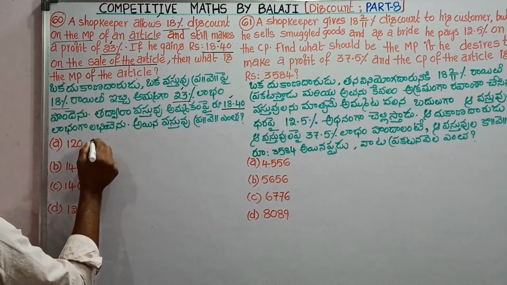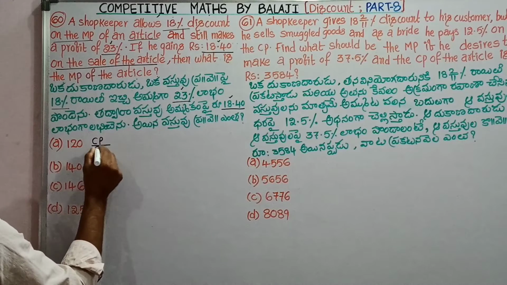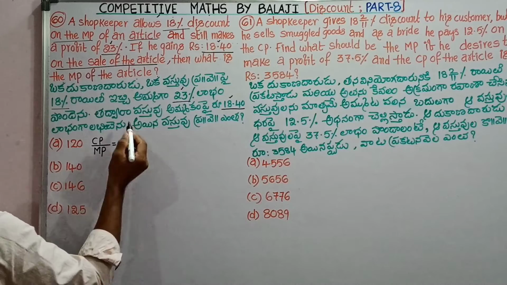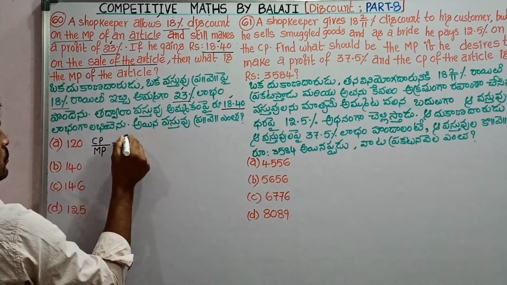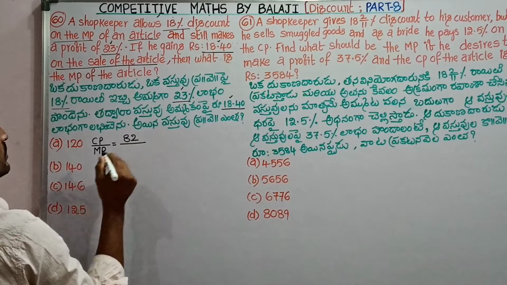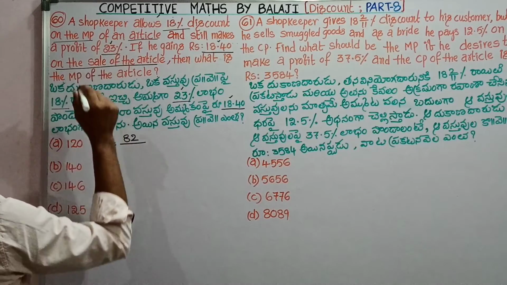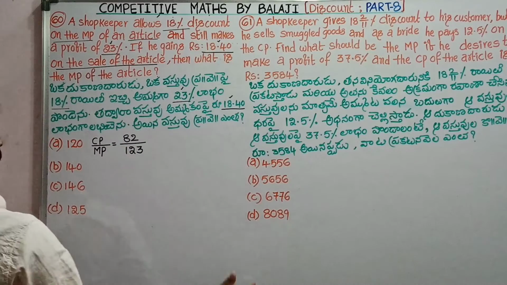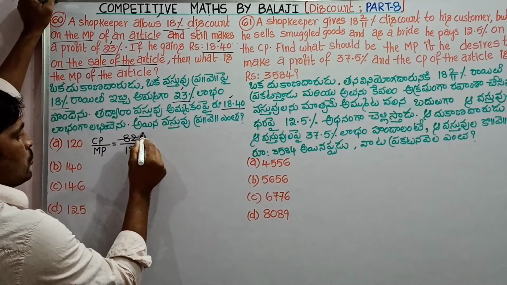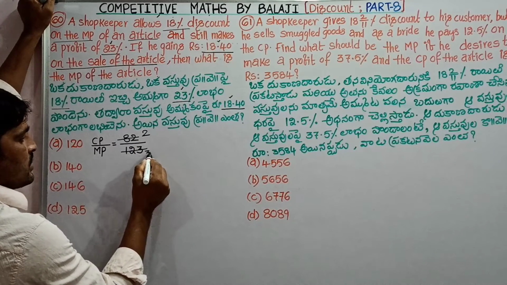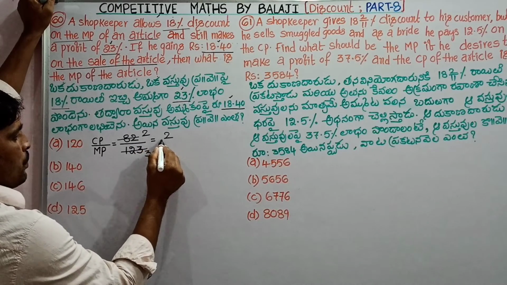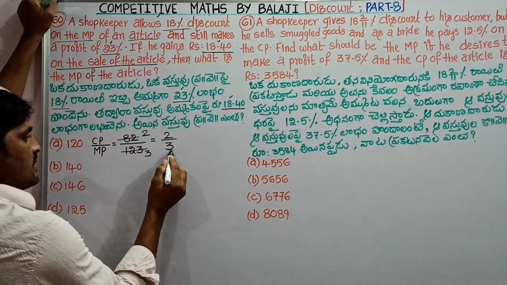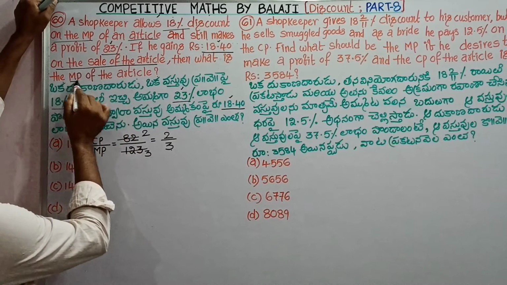The discount is also given, so we get the direct ratio of cost price to market price, which is given by the formula 100 minus discount. Since discount is 18, the cost price is 82 units over profit 23, so it is 123. Okay, yes, 41 2s are 82, 41 3s are 123. The cost price to market price ratio is 2 to 3. Since the market price is 3 units, now we have to find the market price.